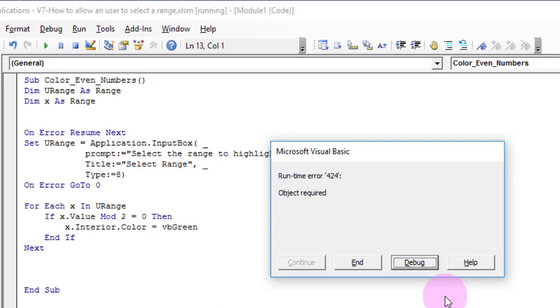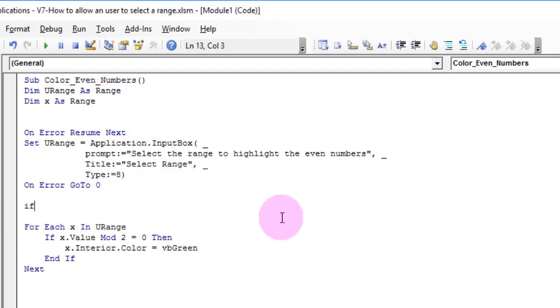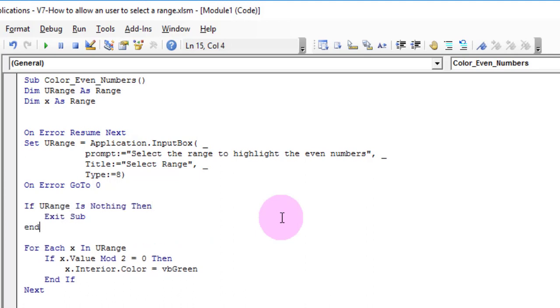To remove this error, let us add code where if there is no range provided, the code must exit the macro, as there is no point in running after this. Reset the macro. If the range is Nothing, then Exit Sub. Check with no user input. The program exits at this point without giving an error.